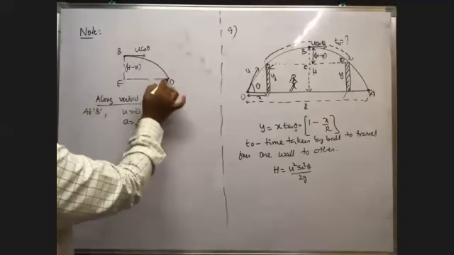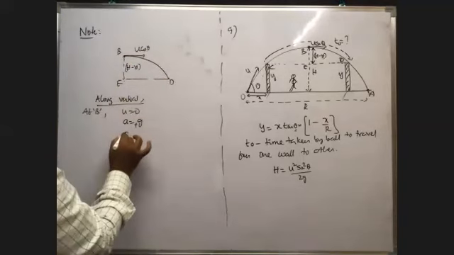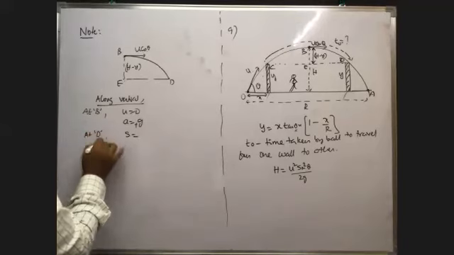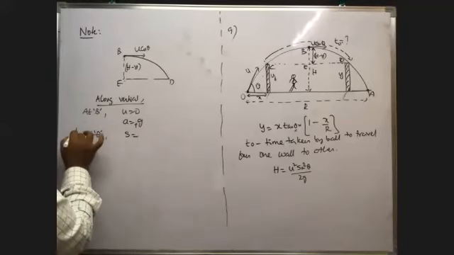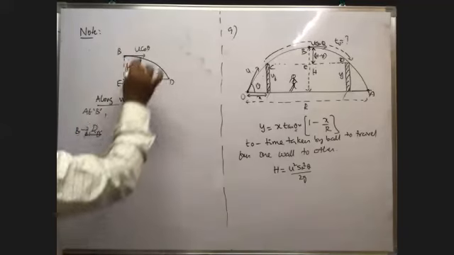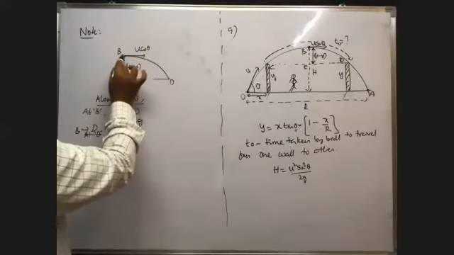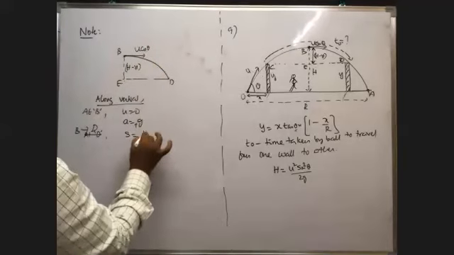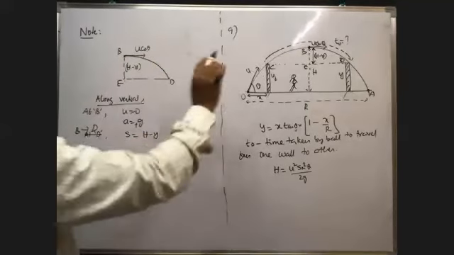When it reaches the point D, when the body travels from B to D, what is the vertical distance traveled? That is equal to H minus y, no? y is the height of the wall, H is the maximum height reached.